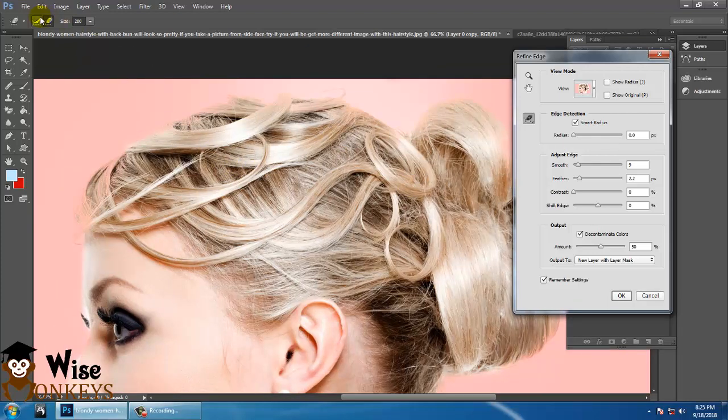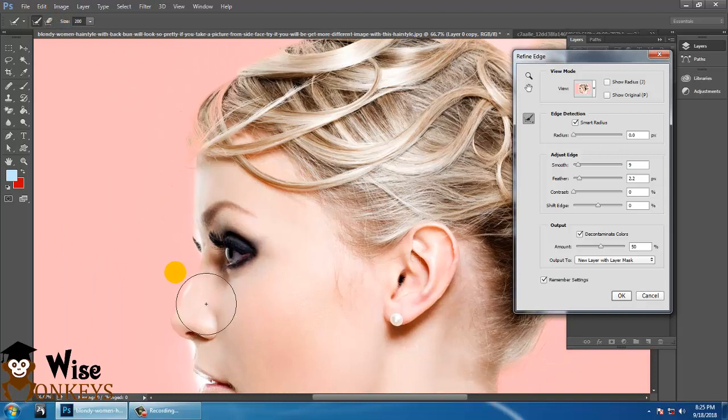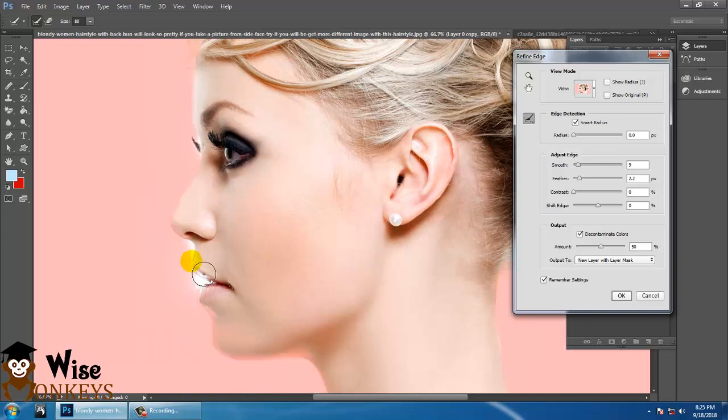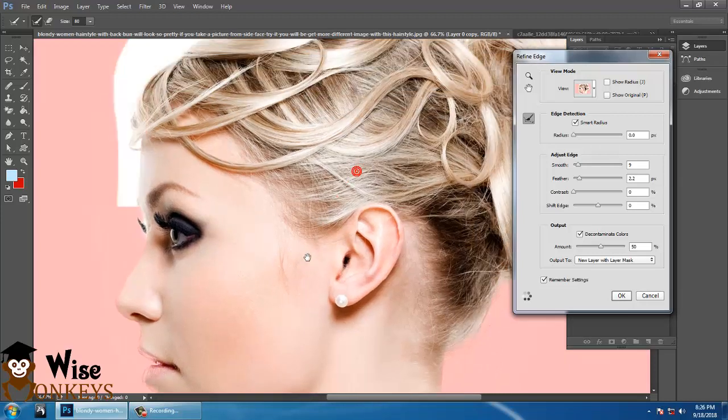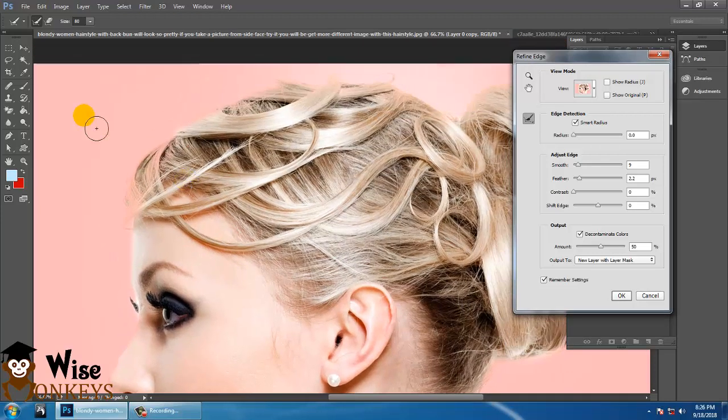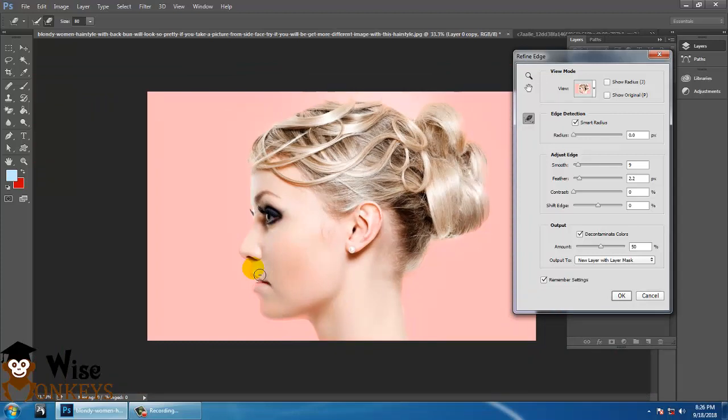So you can again paint it over here. Reduce the brush size and whatever area you require, you just take that area. Only that much of the area. If you don't need this area, just rub it, or you can just hide it. So after you are done with this step,